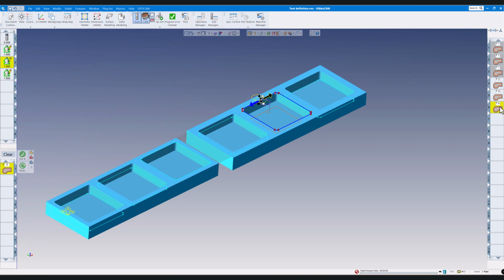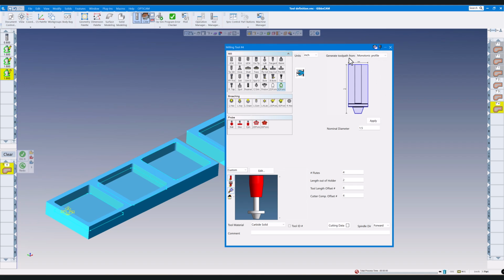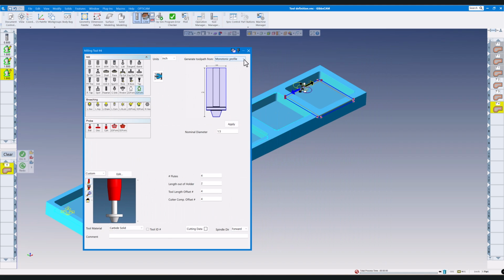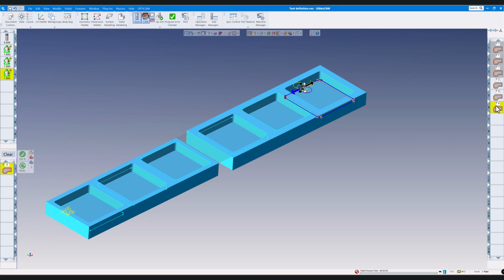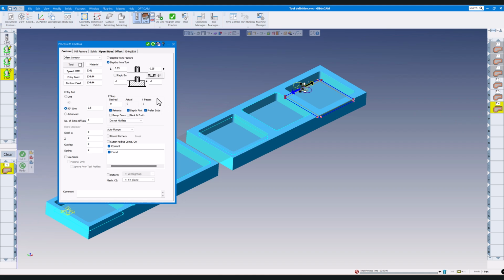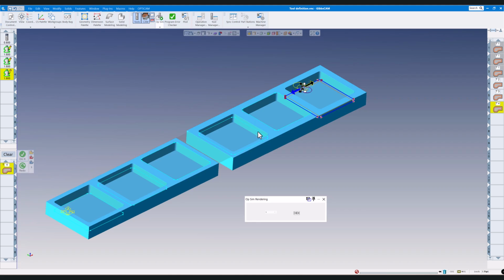But on the last one, it's using tool number 4. So this is the same tool, but this time I have monotonic right here. So what it's looking at is the full diameter from the largest diameter all the way to the top. But anything below that, it's looking at the shape of the tool. So on operation number 4, I said the geometry is at -1 inch, and I want the depth to be -1 inch. So when I render this,